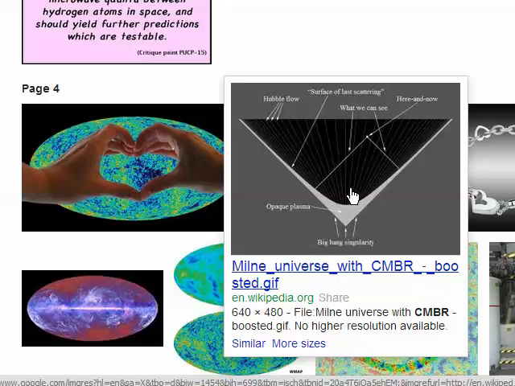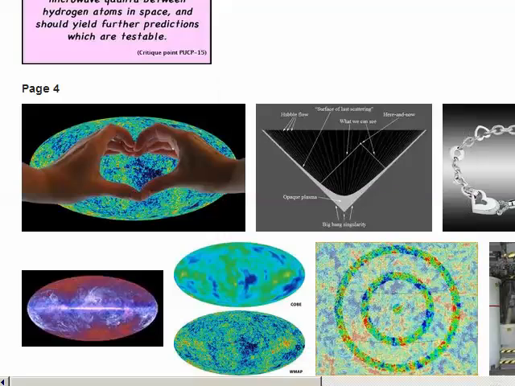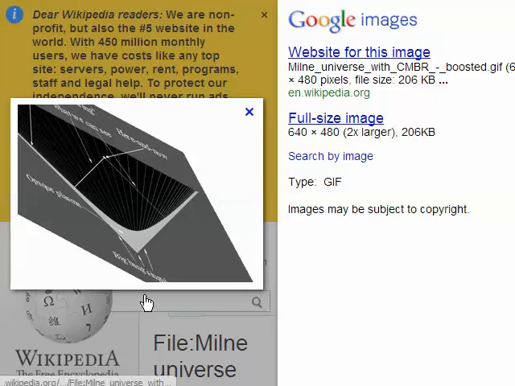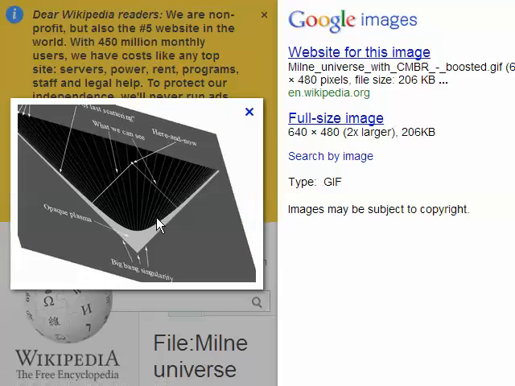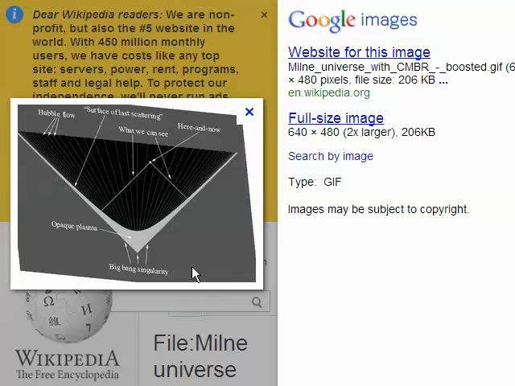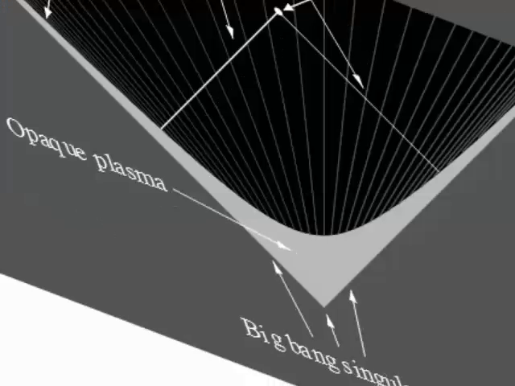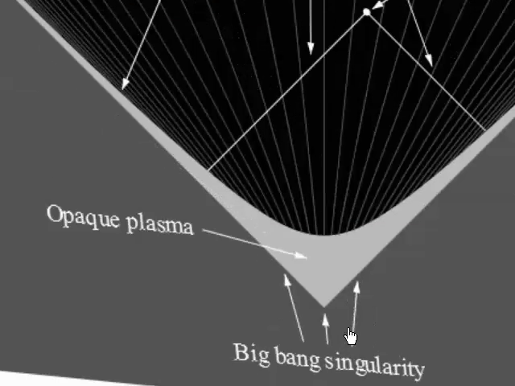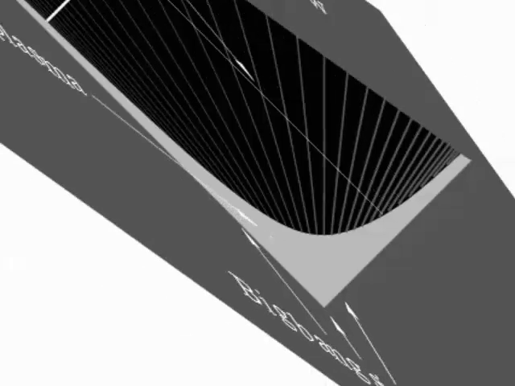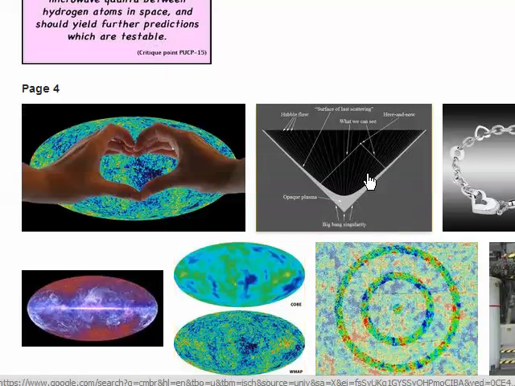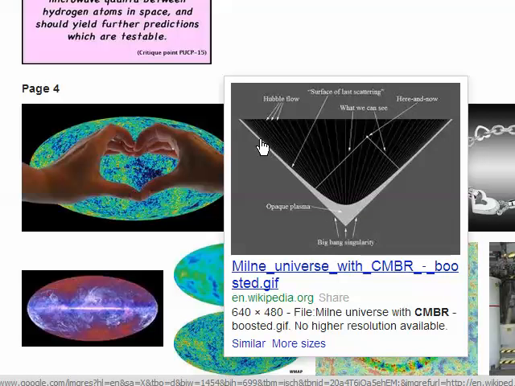Hey, I found somebody that has my model out there. Someone has actually put a file representing Milne's model on the Milne universe. Indeed, it looks like they're actually putting an explanation for inflation out there. In any case, this does look like somebody has, in principle, an idea of what I was about to talk about. The surface of last scattering, right here,